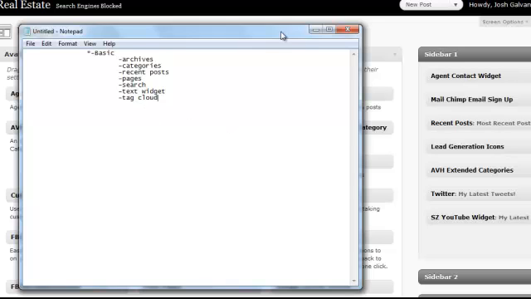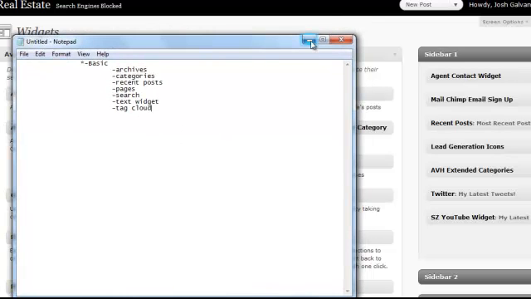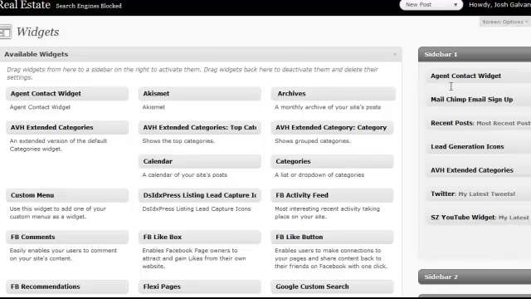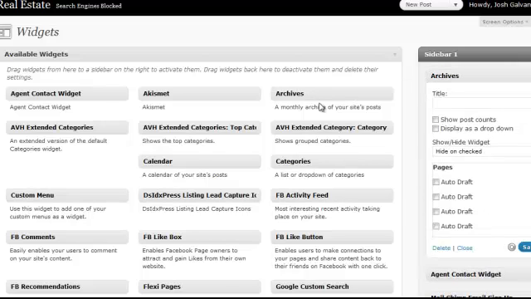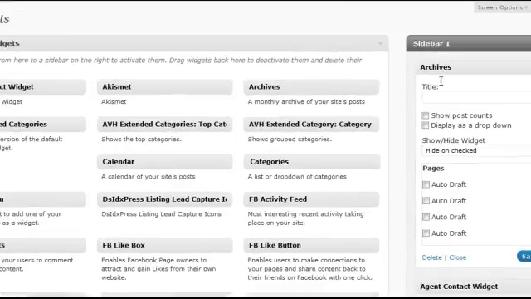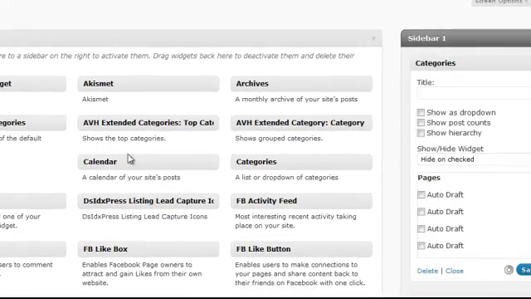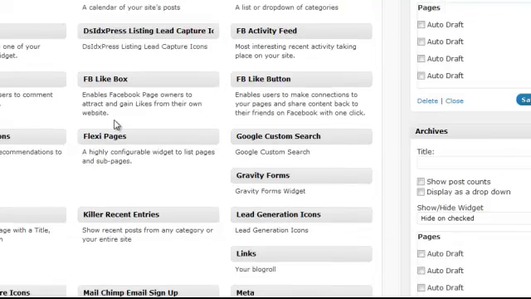Here's what they are: your archive widgets, categories, recent posts, pages, search widget, text widget, and then your tag cloud. So what I'm going to do is enter all of those into your sidebar and explain what each of them is. Alright, so your first one, your archives. These are pretty self-explanatory when you look at them, but basically we have archives, we have categories, we have recent posts,